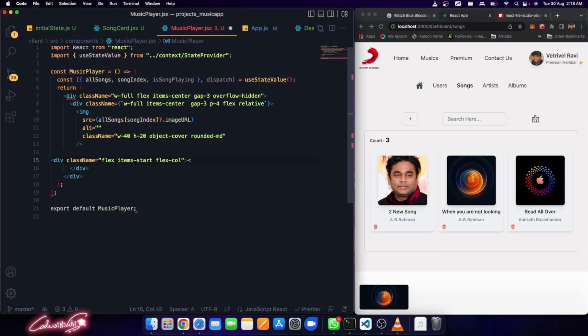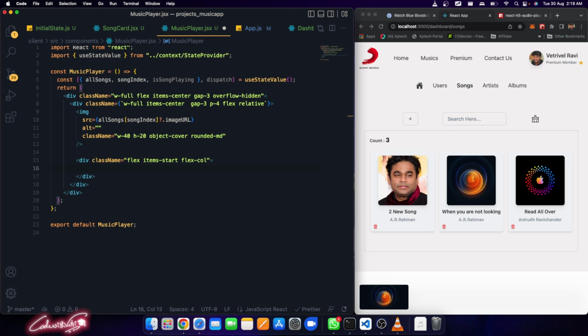And I'm going to close that division. Of course, we need to close that division, otherwise it will cause a problem. So then here, now what we need to do is I'm going to bring a paragraph, which is, of course, going to come from our